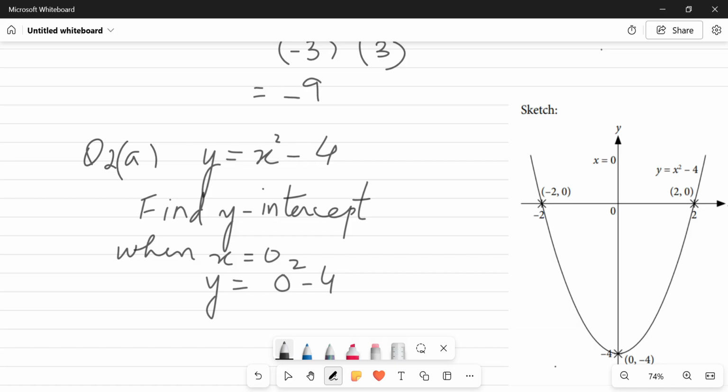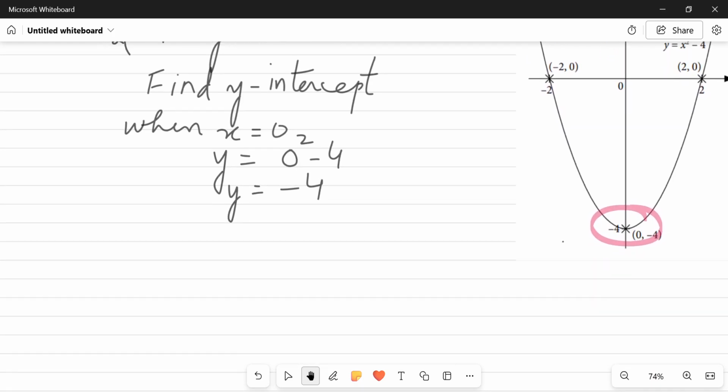Okay, and then the answer is minus 4, right? Because 0 squared doesn't give you any value. So y is equal to minus 4. So we have found y is equal to minus 4. Where is this y equals minus 4? Here, right? Now, what we need to do, second step,